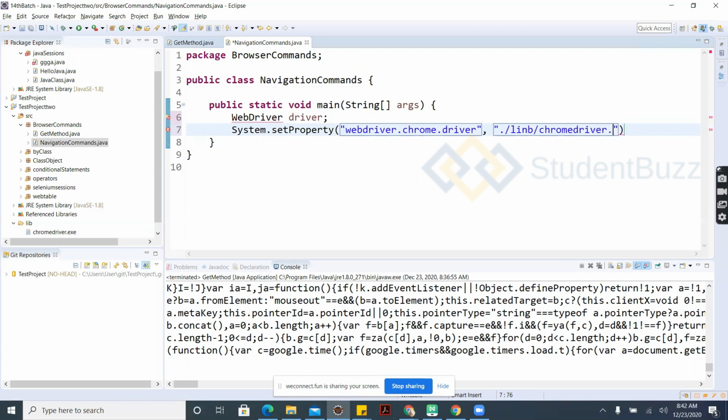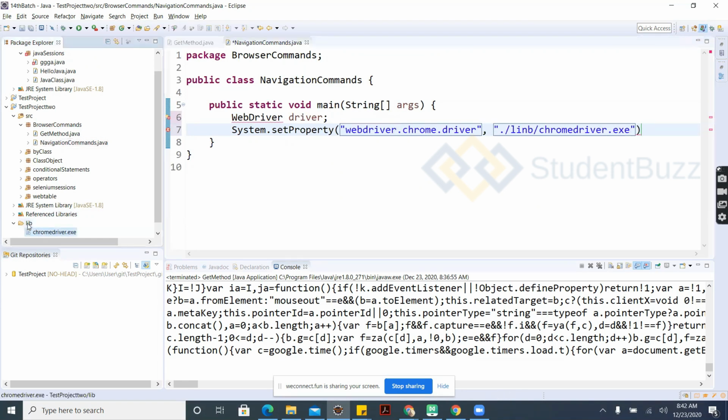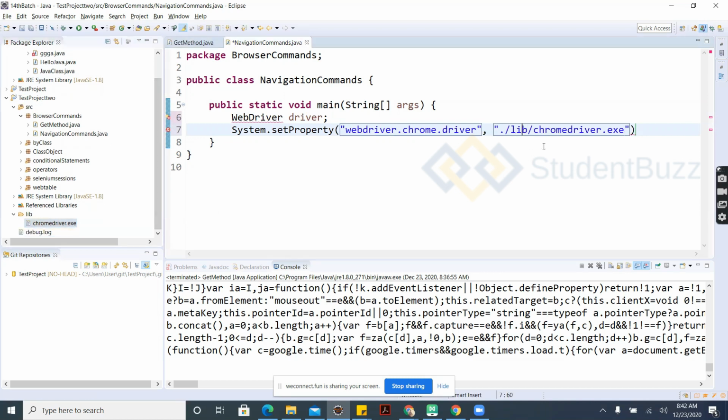The driver is in this library folder at the project level, and I have given the relative path: chromedriver.exe. It is case sensitive, so the letters, capital or small, should be the same, and the location should be correct. To initialize the browser, since I have given the path of the Chrome driver,